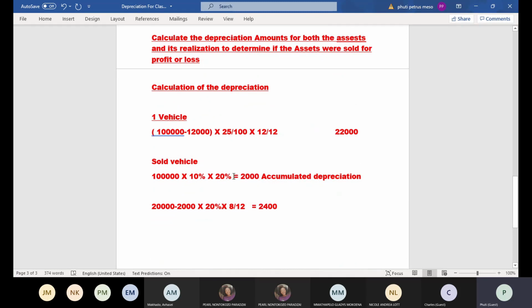Thank you, Nicole, for that. So basically, we were supposed to say this, right? Meaning that our accumulated depreciation was going to be 10,000 Rand, not 1,000. Okay, thank you for that. So it means that here you have to adjust it as well and say minus 10,000, and you multiply it by 20%, and you multiply it by 8 divided by 12. Okay, let me see. 10,000 multiplied by 20% multiplied by 8 divided by 12. Right, depreciation will be